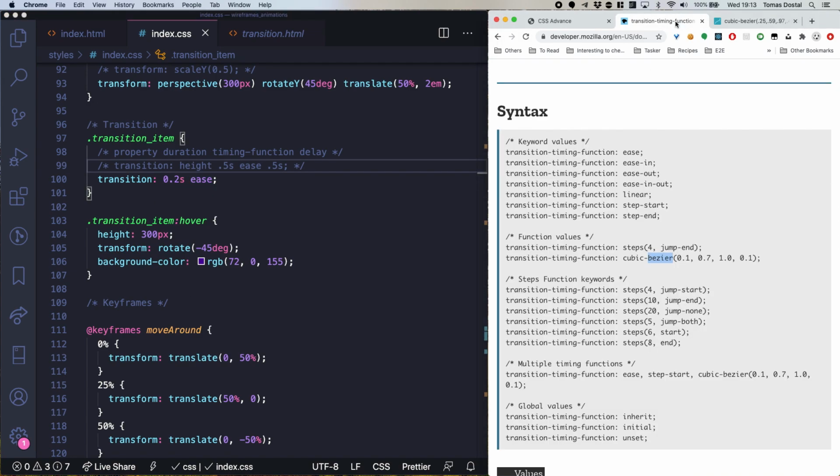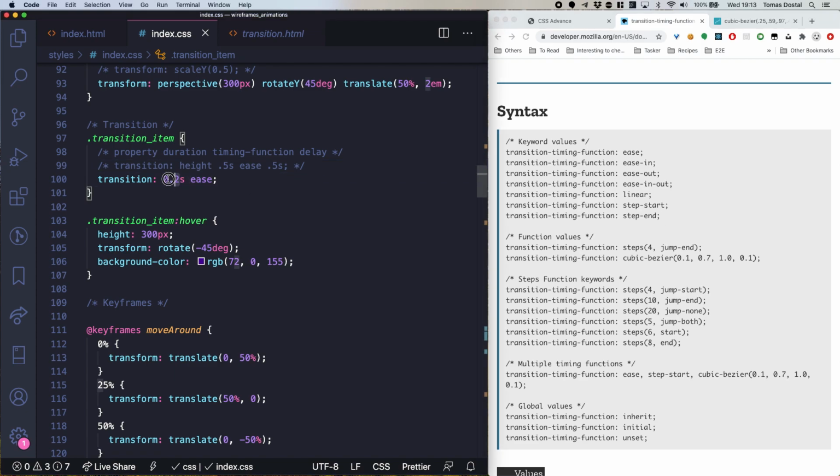There are predefined ones, as I said. Most of the time you're going to be using those. These custom ones you'd use if you have really complex animations. I haven't seen it much with transitions, but with animations you might use these to do something very, very custom. But these are all the ones that you can use. Steps is an interesting one because it doesn't necessarily animate. It will go just step by step